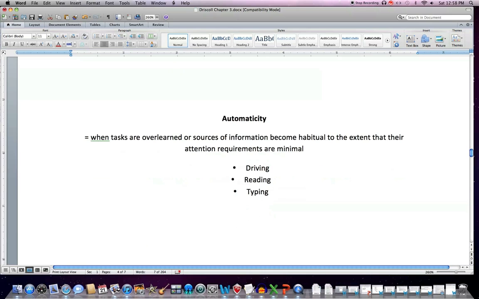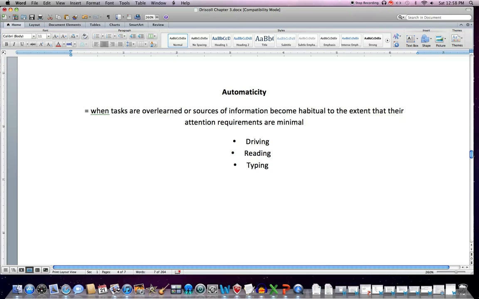Okay. Automaticity. This is really quite simple. This is basically when you learn a task so well, or you become so familiar with a source of information that it is habitual, and it really doesn't require much attention. An example, driving. When you first learned to drive, you had to pay a lot of attention to your driving. As you got more familiar, particularly with driving from a certain point A to a certain point B, you know